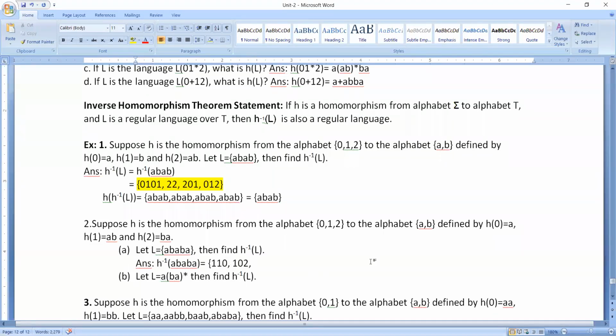Now the third combination. Like this, we need to search for all the possible combinations which will generate our required language. The third possible combination I am looking for is, first small a I will take, and it will be 0. Then I will take BA, which is 2. And when I take another BA, again it will result in 2.